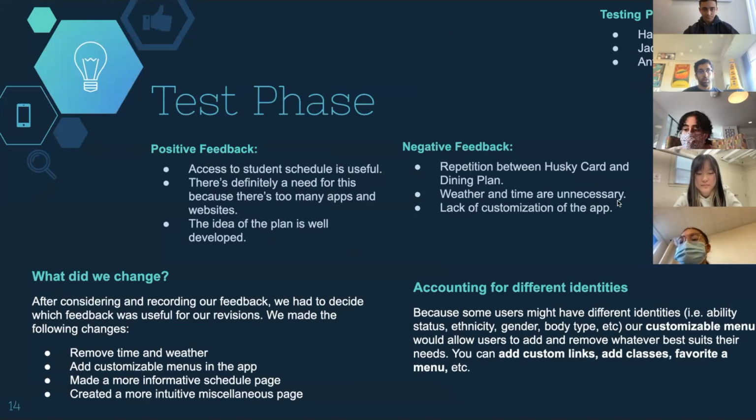project. So some positive feedback we got was they really liked their access to the student schedule. The current NU Banner website was really outdated, really hard to use, so they weren't able to use that well. So they liked our implementation of that. They definitely saw the need for our product because they agree that there are way too many apps to use and they're really hard to navigate. And they liked how well planned our idea was, how we thought through almost every scenario, every kind of